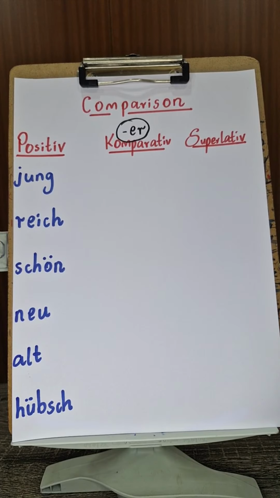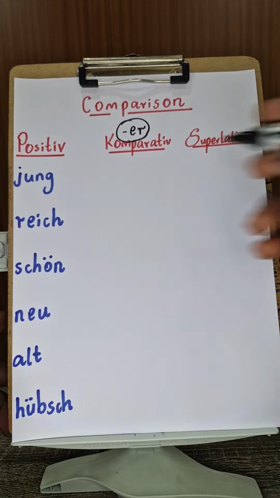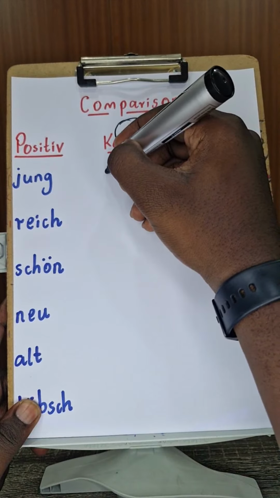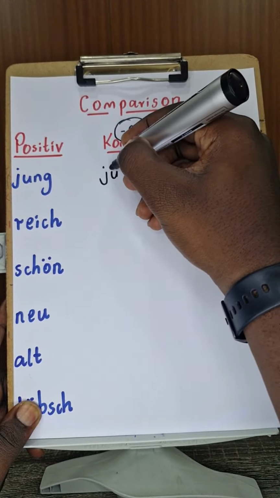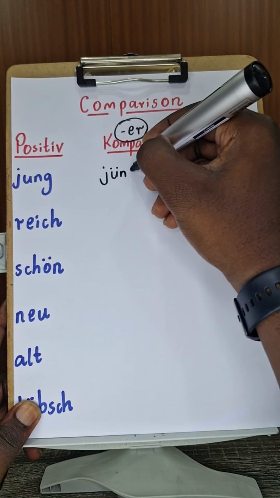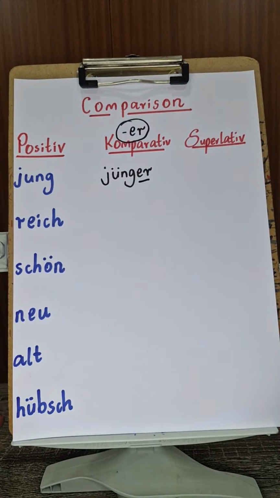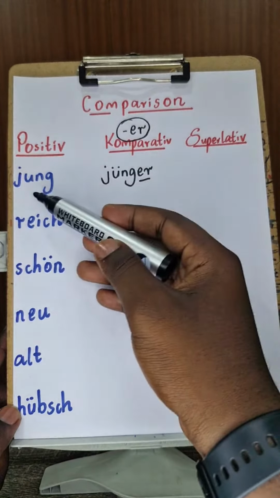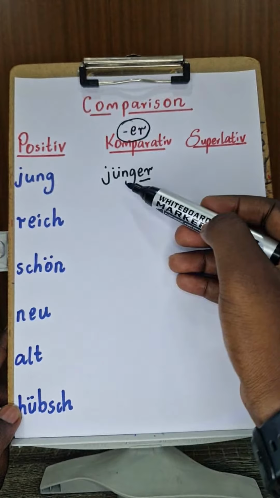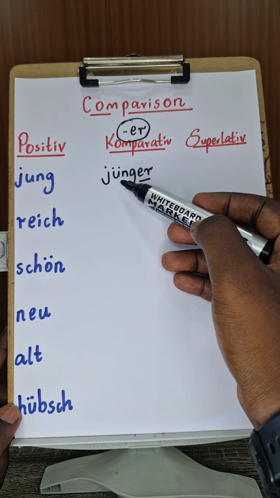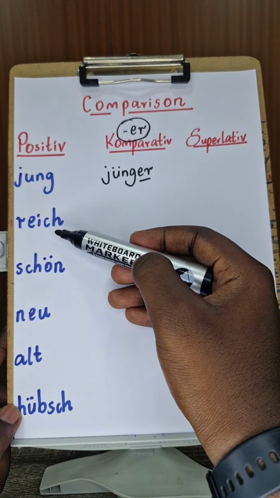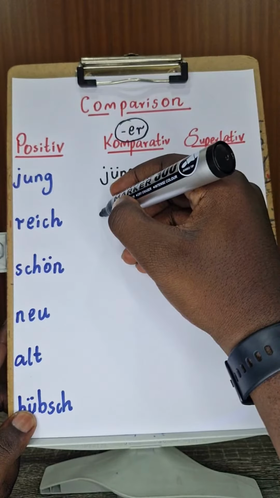The ones that acquire umlauts are the one syllable adjectives. I can see Bianca's tried one. Bianca says jünger. That is correct. But now you put an umlaut here. So jung, now when it comes to this other side, you're now going to have an umlaut like that and an ending er. So you have jünger. Look at that. Jung now becomes jünger with an umlaut. So you can see jung has no umlaut here, but here now there's an umlaut. Jünger, right?